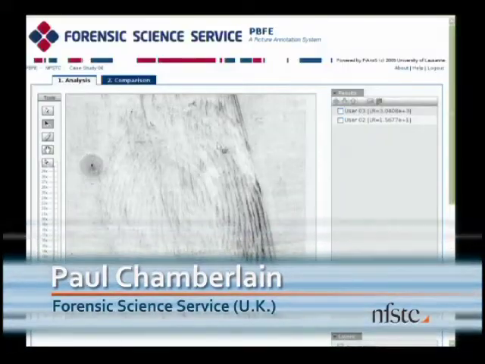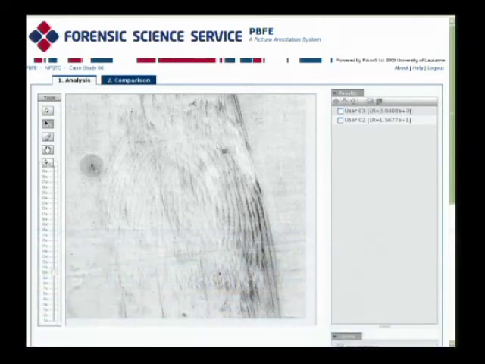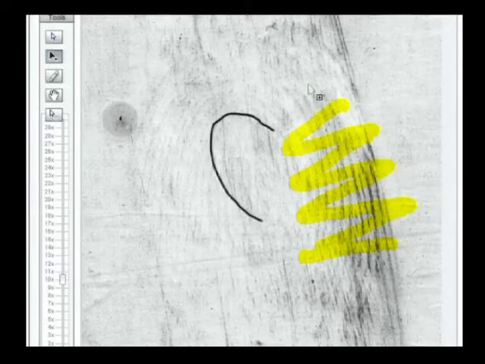Second latent impression that we asked you to look at. As you can see, in this case, it's a far more inferior latent impression. There are only a few areas that show any particular minutiae, and even those areas are not showing particularly clear minutiae. In addition, though, we do have some indication of the general pattern type